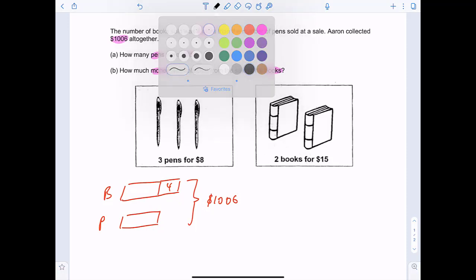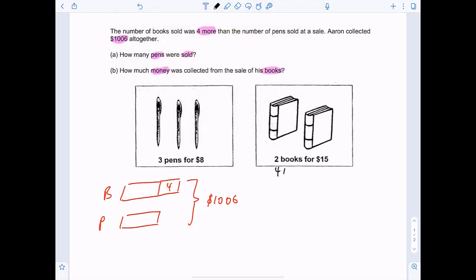So we know that 2 books is $15. We can find 4 books times 2, that will be $30, right? So we take $1,006 minus $30. $1,006 minus 30, that would be $976. Now this is for equal number of books